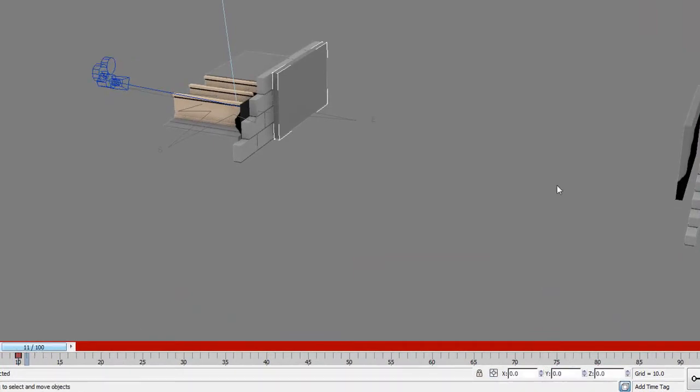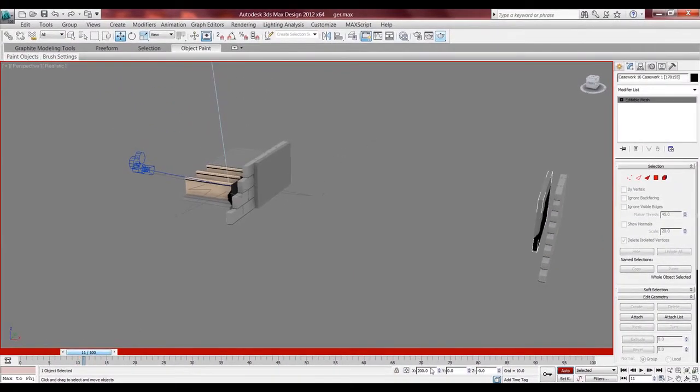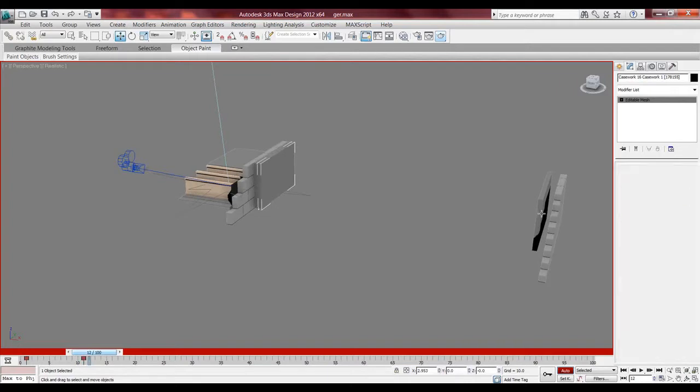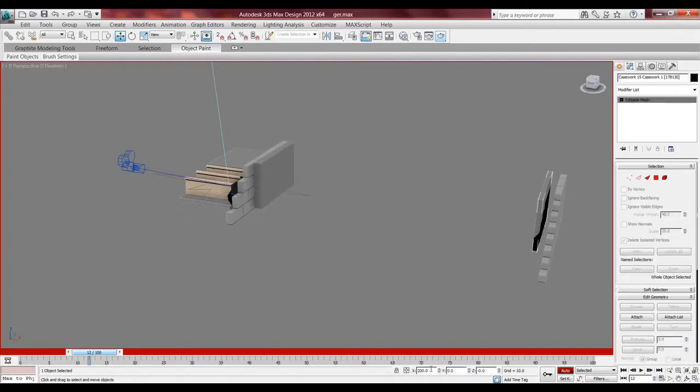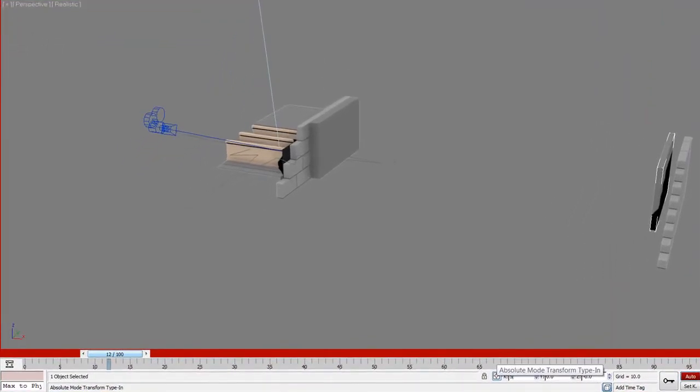And I'll just go one frame ahead, click one again, and I want to click in 2.953, and I want to go to the next frame, and I want to click in 5.906,